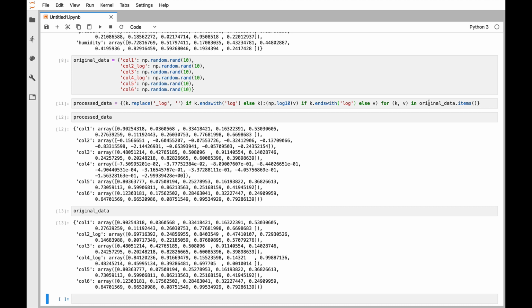You should always think about readability of your code, and this is probably about the most complicated dictionary comprehension that I would put into some production code. But I hope that you found dictionary comprehensions useful and that you can start utilizing them and list comprehensions to make your code